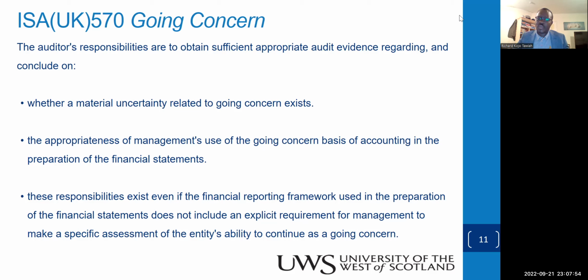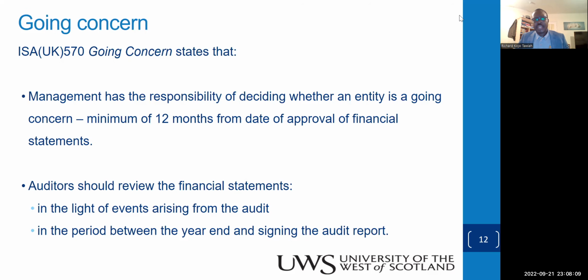Even if it doesn't provide for it, we as auditors must verify the basis and appropriateness of the basis on which management is thinking that their financials are prepared in line with the idea that it will continue into the foreseeable future. So ISA 570 tells us, in terms of going concern, that it is management's responsibility to ensure the company survives into the foreseeable future period. And they must give evidence of at least the company being able to survive for the next 12 months. Okay, minimum 12 months, they must give that evidence.